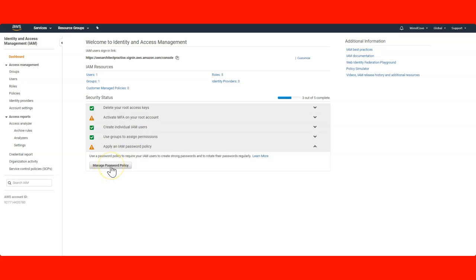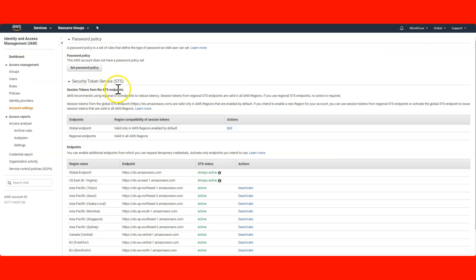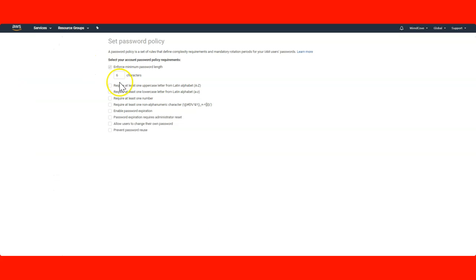Now here is the password policy, where you can define how complex a password you want to create for your users, and you can create that kind of policy from this console. Set password policy here. Enforcing the minimum password length is grayed out here; by default you cannot keep it less than 6 characters.